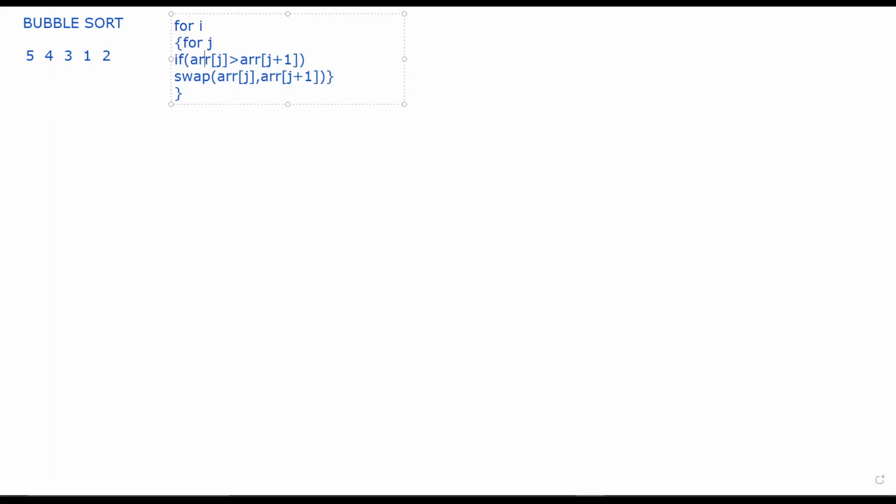Something like this I'll be writing. Okay, I'll explain this in a minute. Now see, I have two for loops written over here. These are nested for loops, which means this j for loop is written inside this i for loop. So this for loop will go from where to where? It will start from 0, obviously, right? We are going to start both i and j from 0, but until which value we have to execute this for loop, that we have to determine.